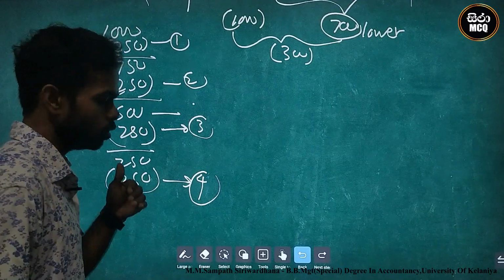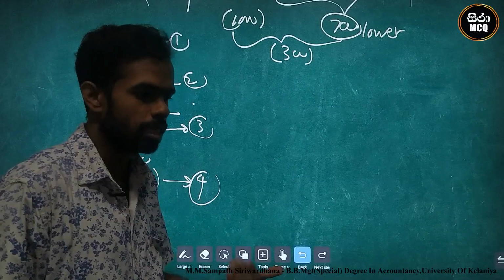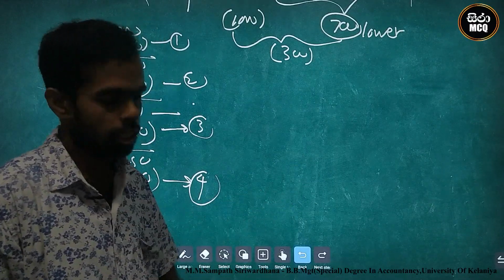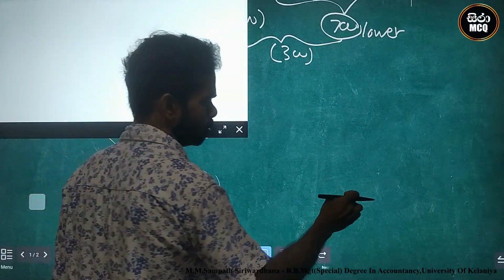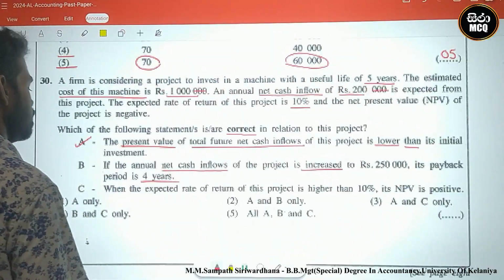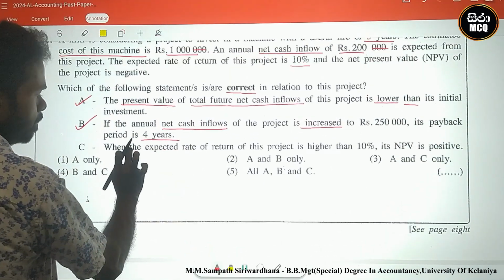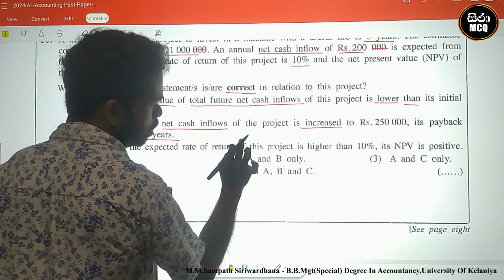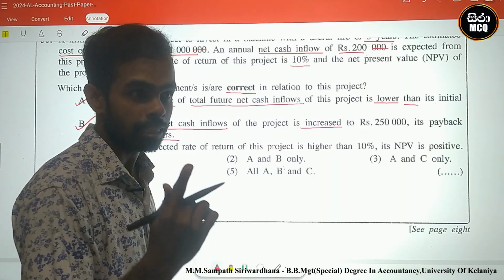The payback period is we must collect cash inflows 4 years to cover the initial investment. Therefore 4 years payback period is correct. Yes. Okay, next one. When the expected rate of return of the project, expected rate of return means interest expense,